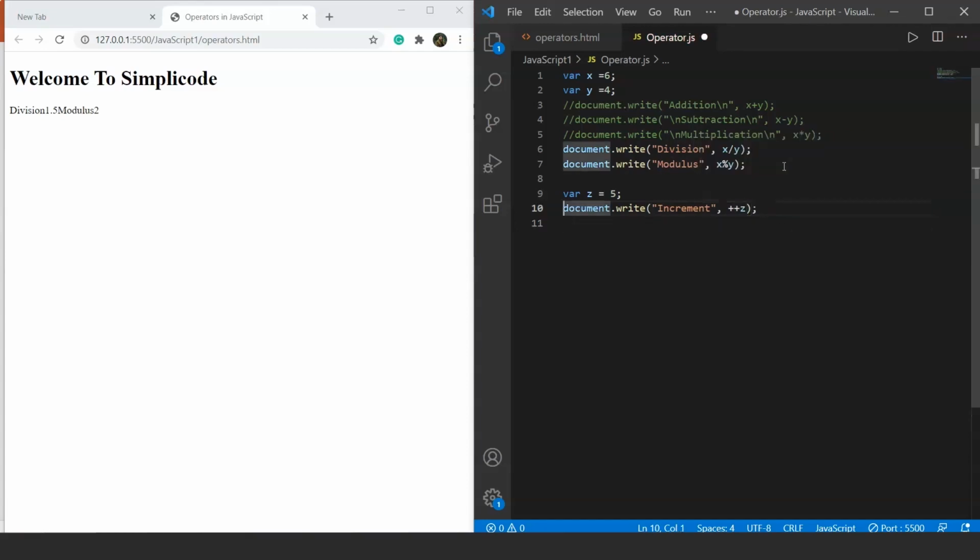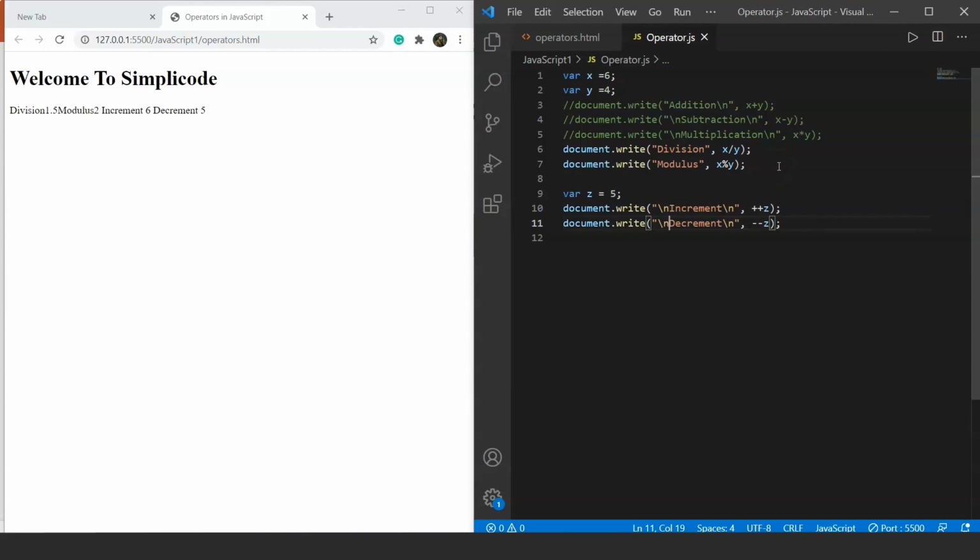And similarly, we'll copy this, paste it here, and here we'll use minus minus for decrement. And change here as well. So let's see what happens. Let me give some space in between them so that you won't get confused. Let's save it and check the output here. Increment says 6 and decrement says 5. So you can see here the functioning of the decrement and increment operators.